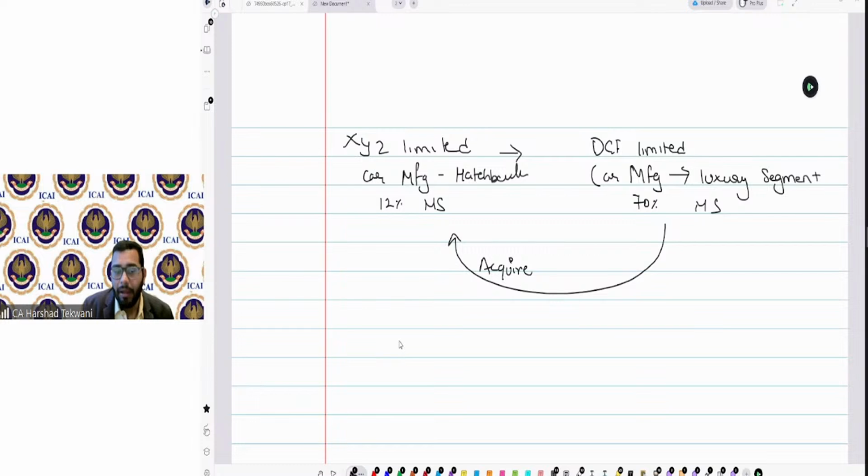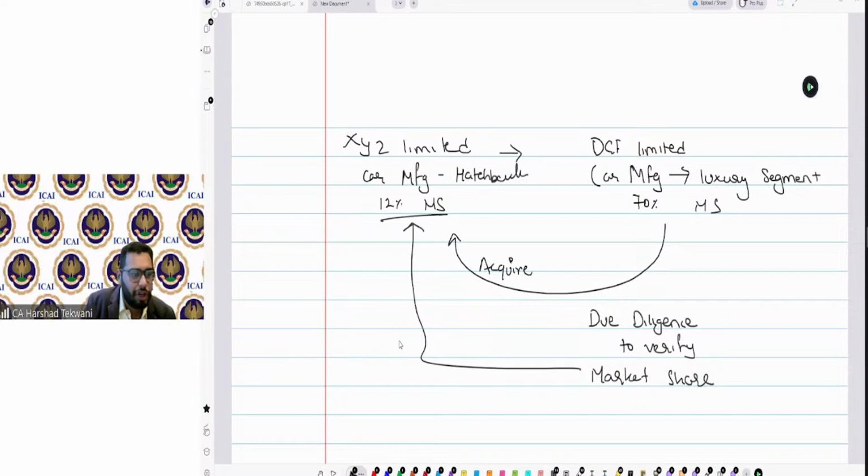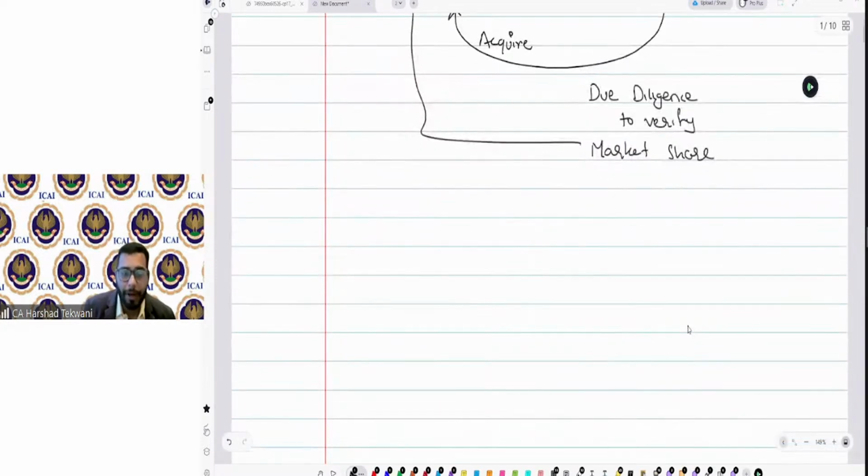Now, before acquiring, DEF will appoint a team or someone for due diligence to verify market share. Number one, they will verify this market share, whether an actual 12% market share is held by XYZ Limited. Number two, they can appoint, now these are the examples, they can appoint for due diligence to verify